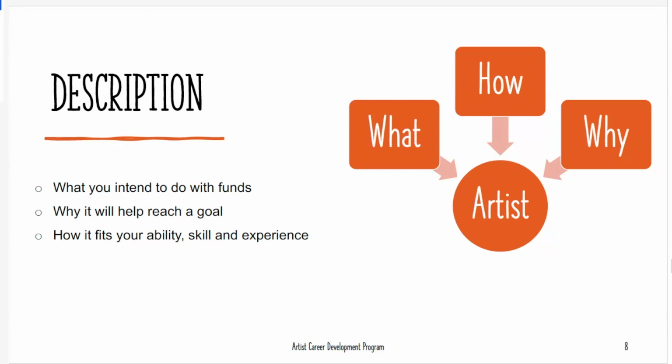You'll also be addressing ability, and in that section, you want to establish the appropriateness between your current skill and the developmental experience you're seeking funding to support. Ensure that the proposed activities align with your current level of skill, and they're a good next step in furthering your artistic career. There's a separate question in the application where you're asked about your artistic training and experience, and you'll want to provide examples of past work or experiences that demonstrate your ability to successfully complete the proposed activities.